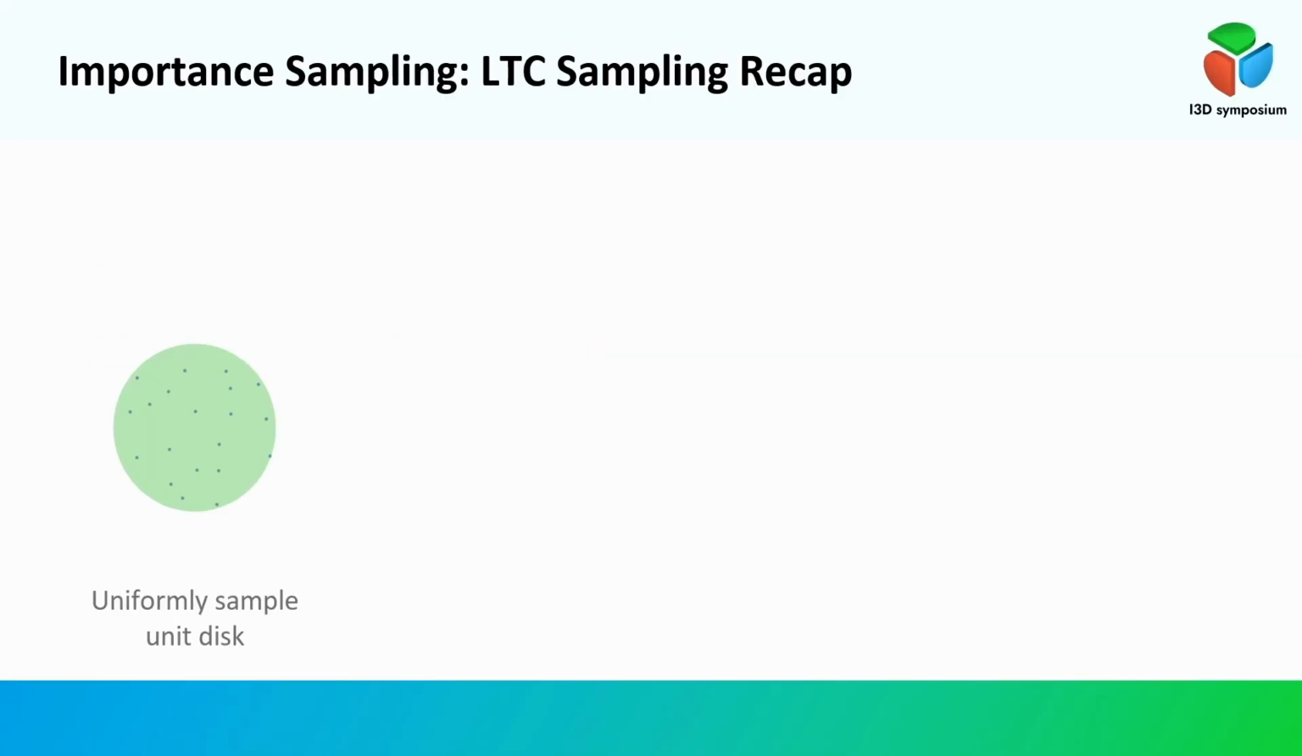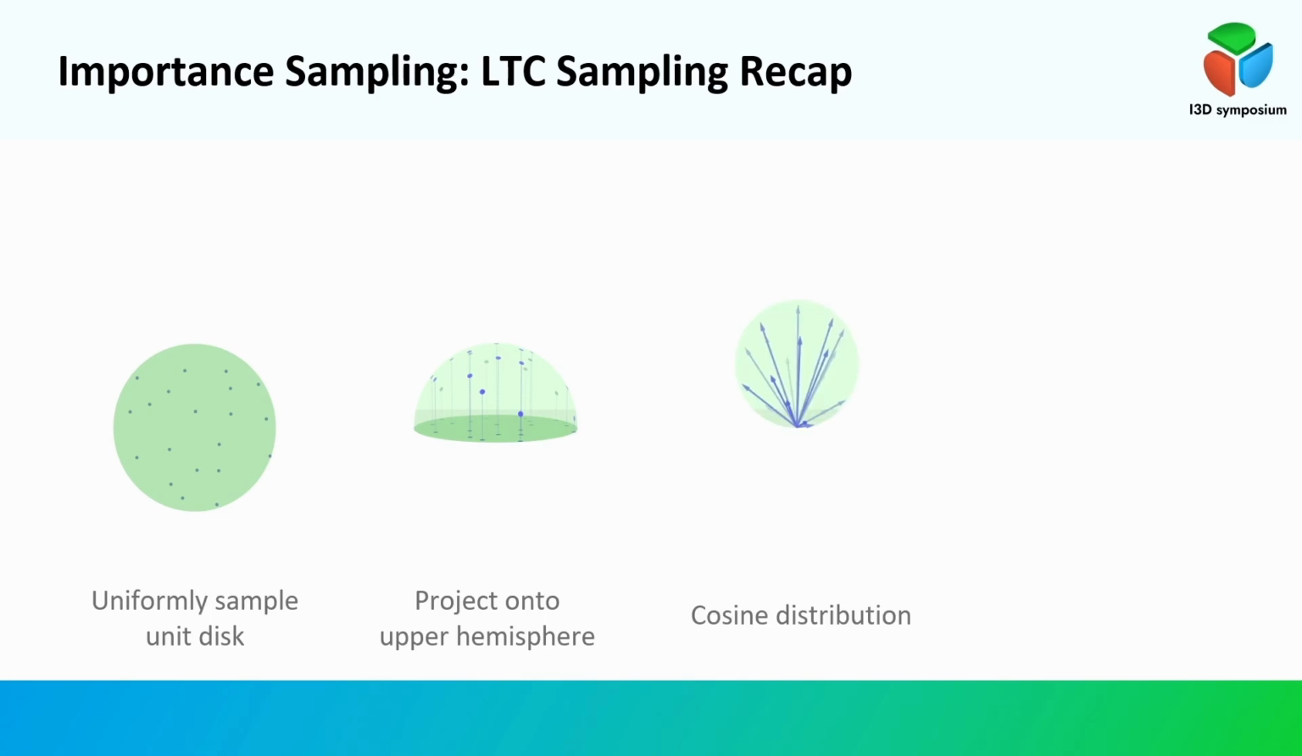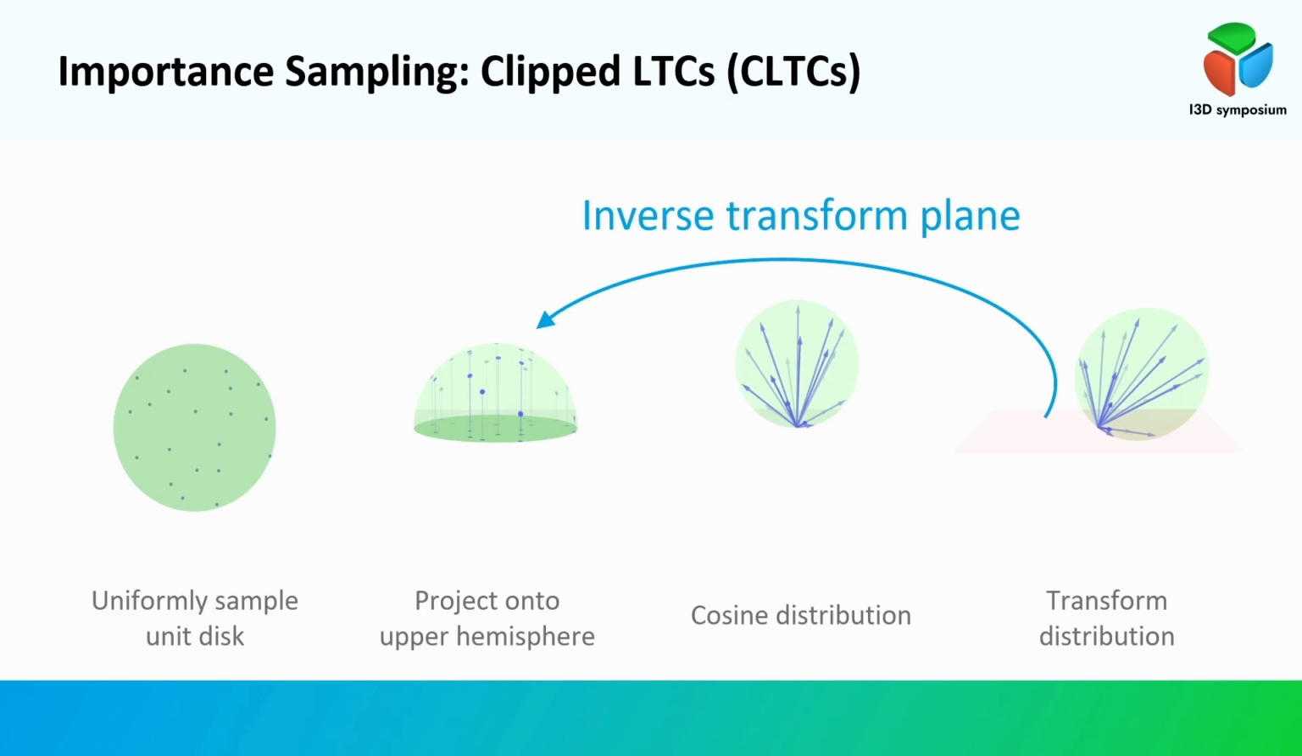To generate samples for the LTC lobe, one way to do that is to uniformly sample the unit disk, and then you project those samples up onto the upper hemisphere. That gives you a cosine distribution, shown here. And then we transform those sample directions using the LTC matrix based on roughness and view angle, and we get this transformed distribution. Okay. We thought, could we take this